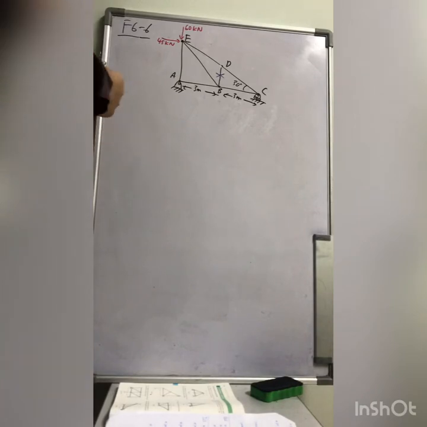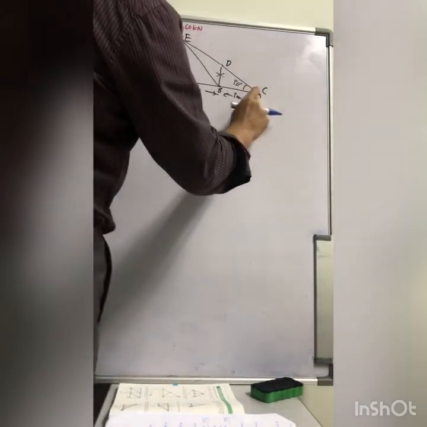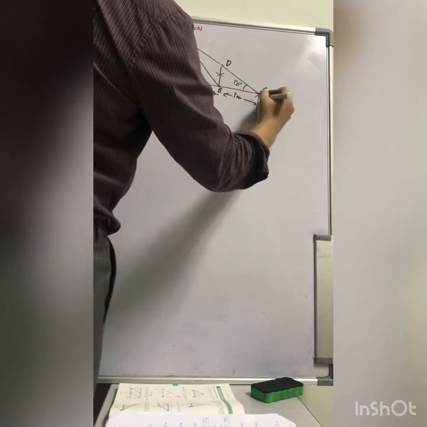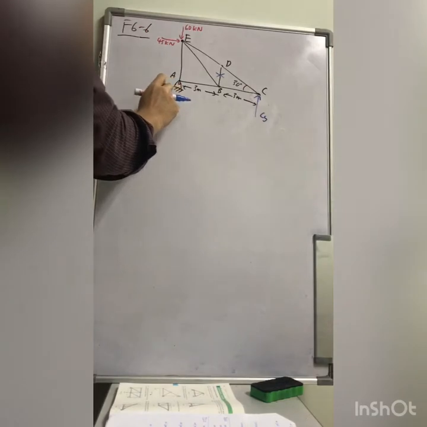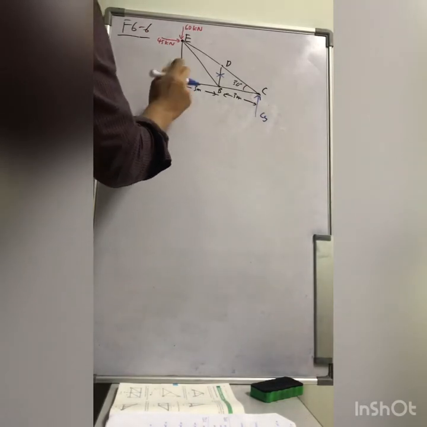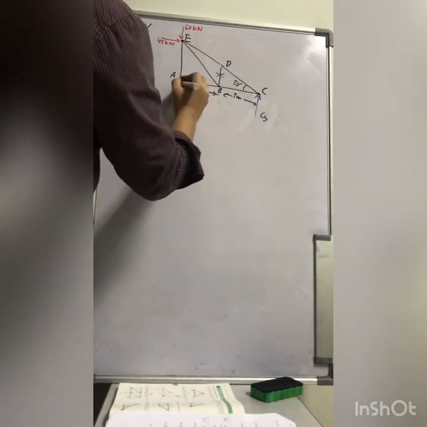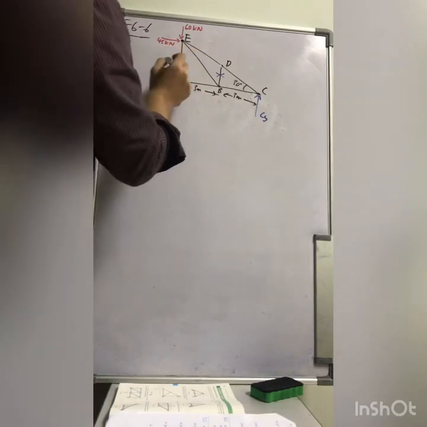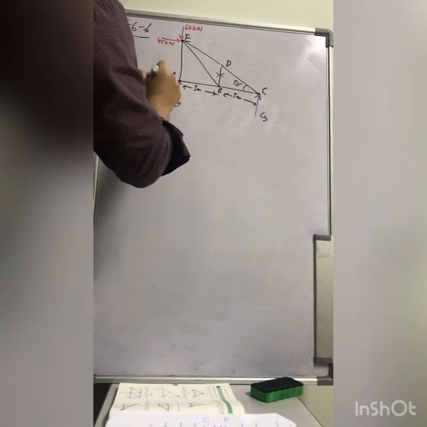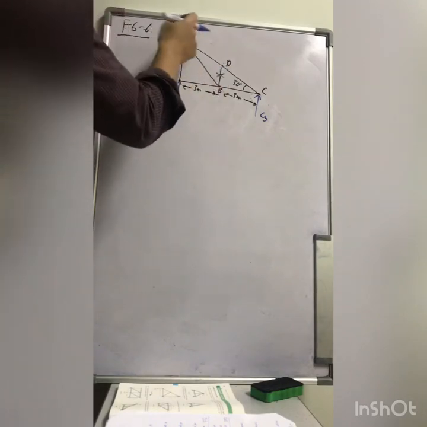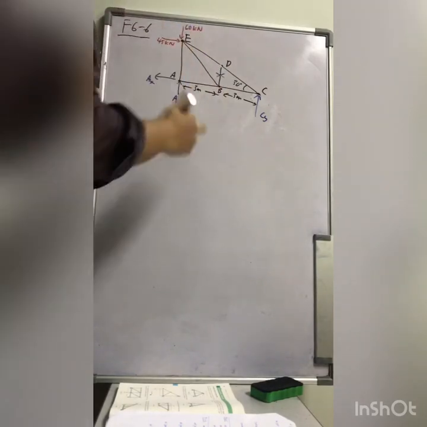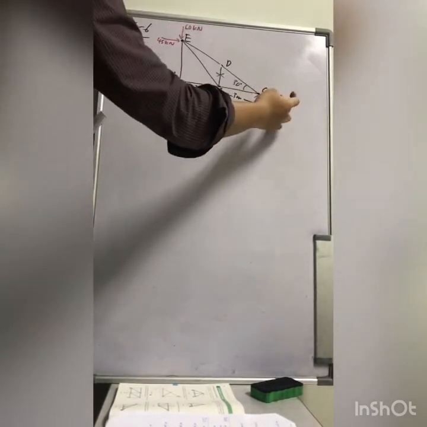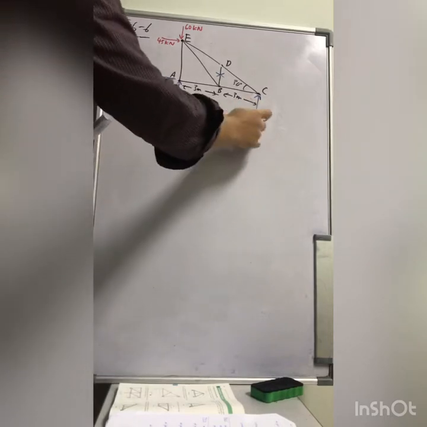To do this, basically you need to find the reactions. This is a pin roller, so you have only Cy. While this is a pin at point A, so you have Ay and Ax. Why does Ax go to the left? Simply because I know it goes to the left because of the 40 kN. So if you want to start with point C, you need to find Cy.